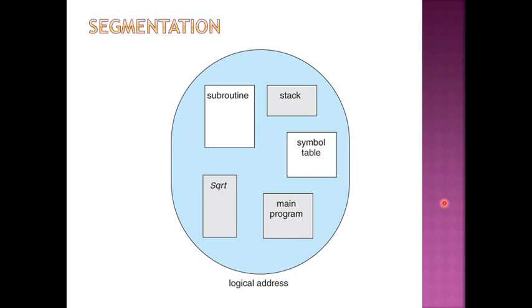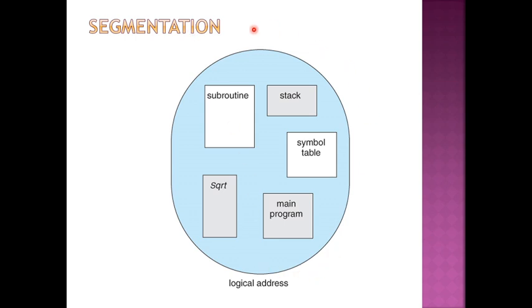But whatever we discussed in paging, the major disadvantage of paging is that the page doesn't support the user view. When I as a user look at any program, I do not think in which page what data will be stored. In fact, I am unaware of in which page what data will be stored. So I am not controlling, or I am not aware of how the pages are created or how the pages are stored, because my logical view of the program is different, whereas the backend storage of it is different. But that major disadvantage is overcome in segmentation.